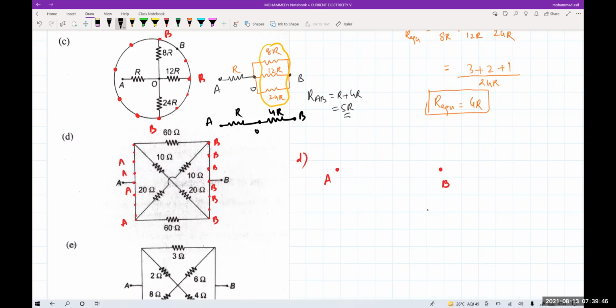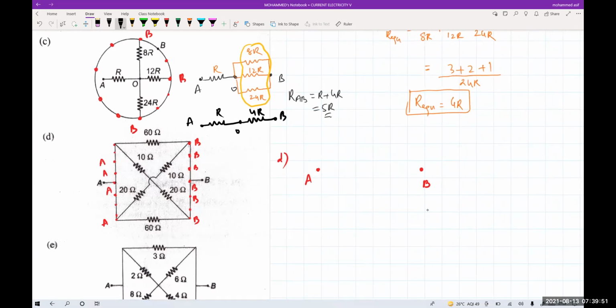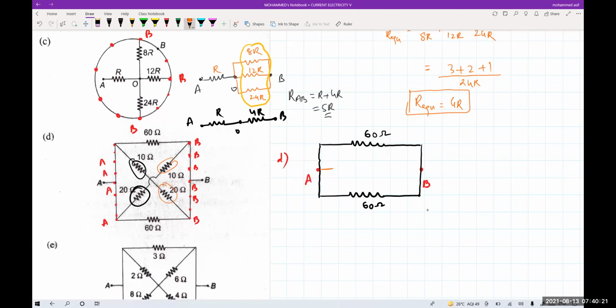So between A and B, how many resistances are there, beta? Above there is one resistance, beta. So I'm taking this one as it is here, and below also there is one more resistance here, like this. How much is that one? 60 ohms. This is your 60 ohms. Okay. Now see this one, beta. This one and this one are connected to the point A only, isn't it? And this one and this one are also connected to the point B, one single point.